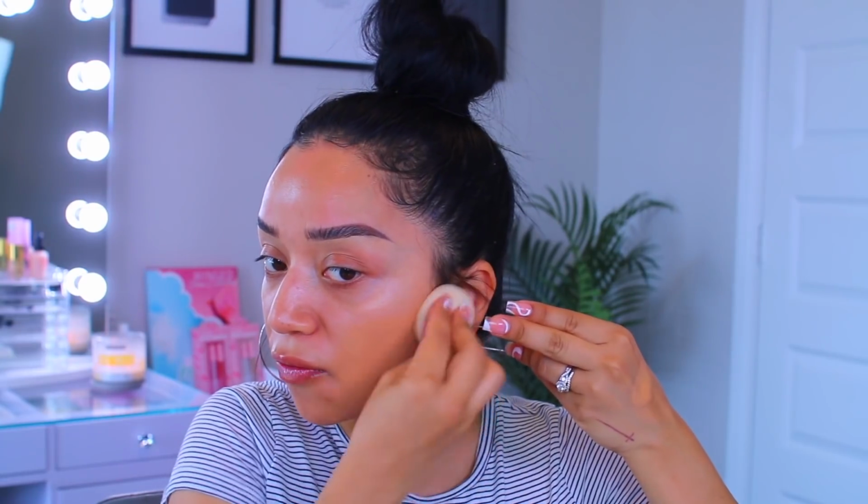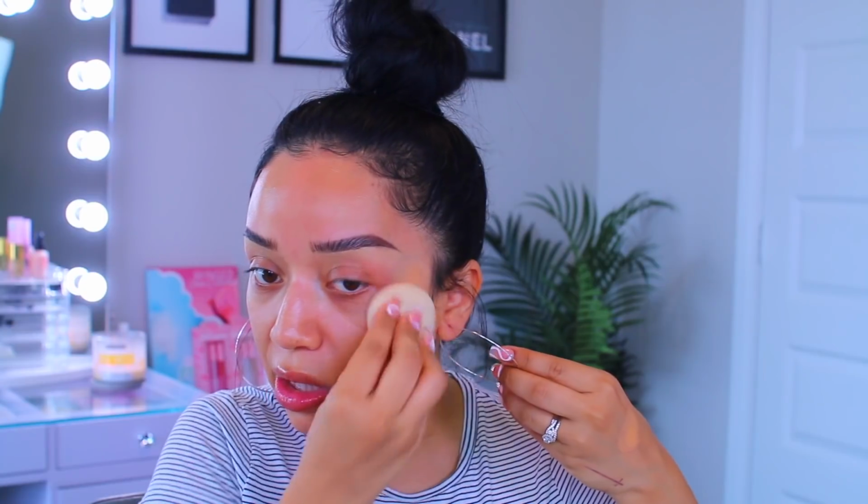This is in the shade medium 310C. I do need to pick up a different shade because I think it has a peach undertone, which I don't have. I'm more of a neutral undertone, a little bit warm, but it works for me for now. I'm going to blend that all over the skin, and as you can see, it gives a pretty decent coverage, enough to get me through the day and make my skin look nice and even. I also take a little bit underneath the eyes